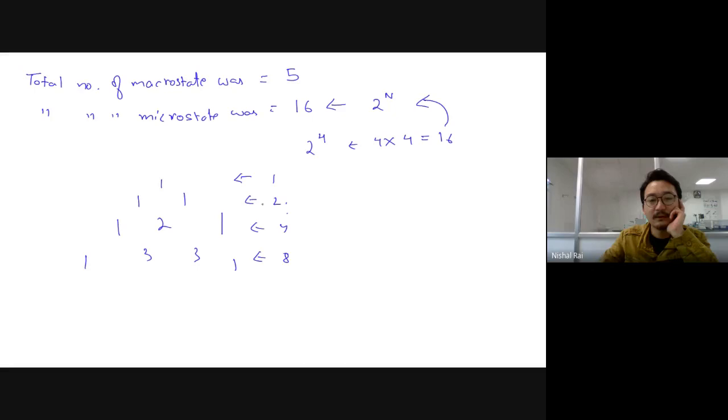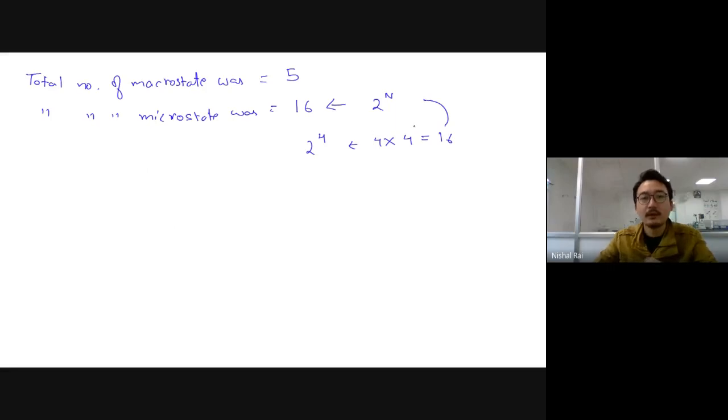If you count, there is only 1. If you add this, it gives 2. After this, it gives 4. And this was written as 2 to the power of the number of trials, the number of flips: 2 to the power 1, and so on. But leave it for timing. So basically, the total number of microstates is given by 2 to the power n, where n is the total number of particles. Is it clear now?